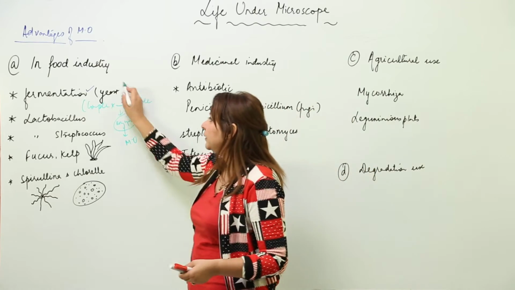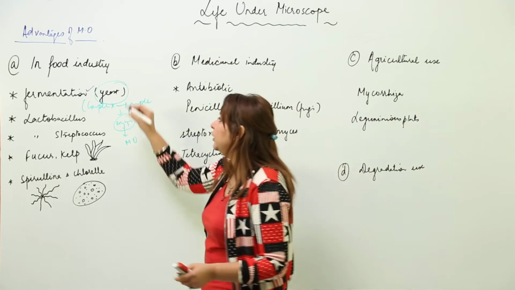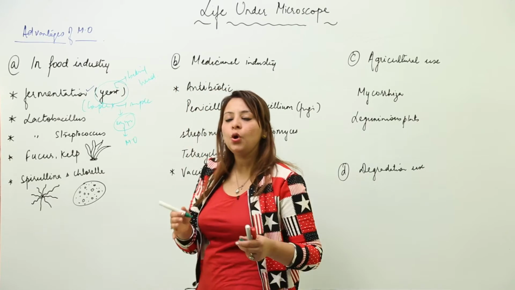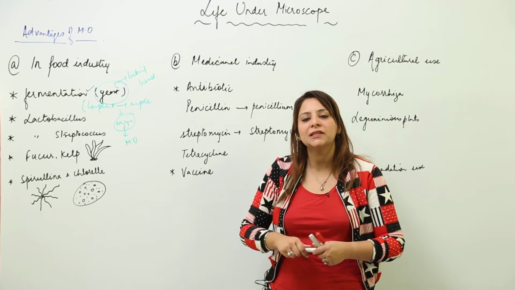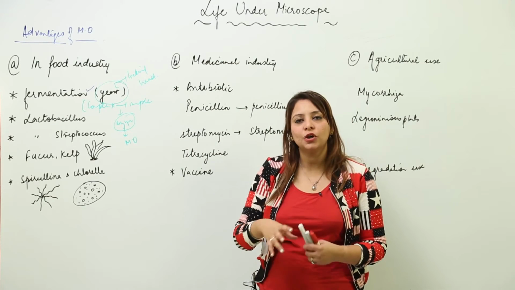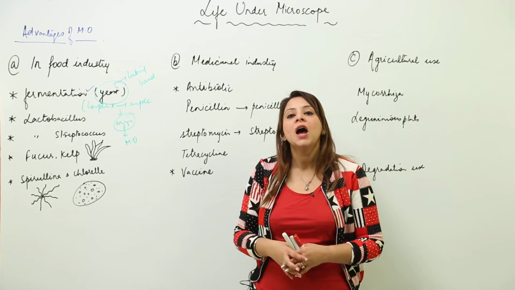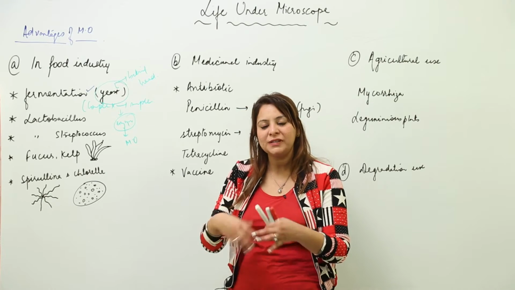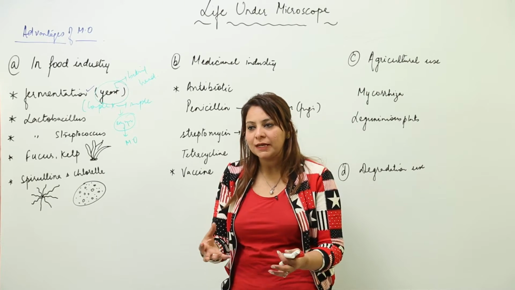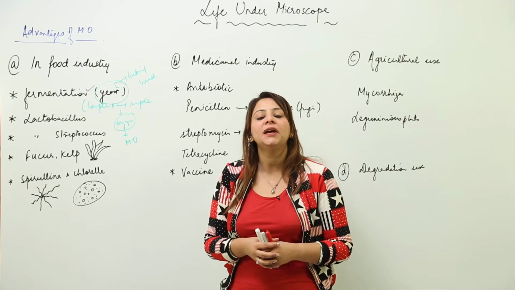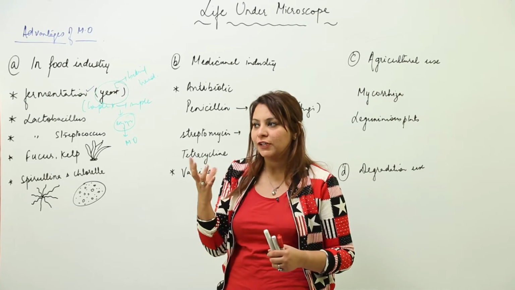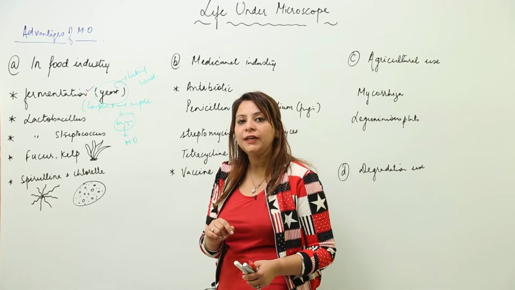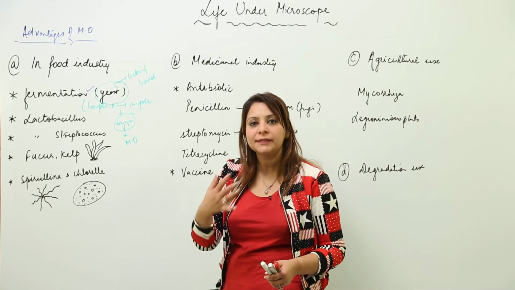For example, yeast. You know that yeast is actually used in baking bread. It is used in making bread. When we make a dough of bread, we add yeast to it. Yeast releases CO2, and the CO2 gets trapped in the dough. When we process it, the CO2 escapes, creating holes, and they make the bread fluffy and spongy. Those holes indicate that the carbon dioxide has escaped.